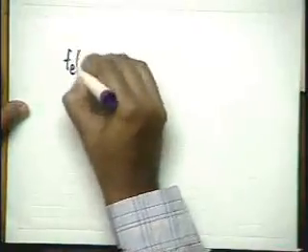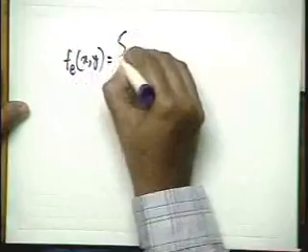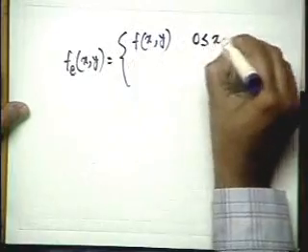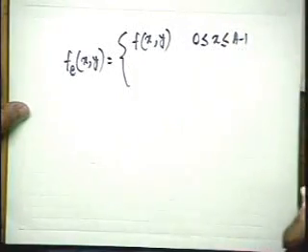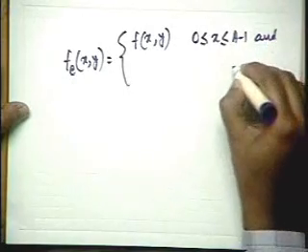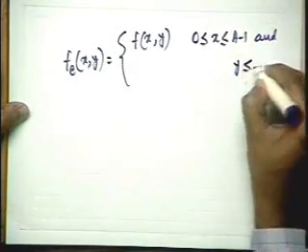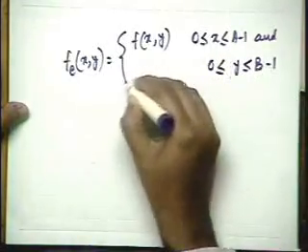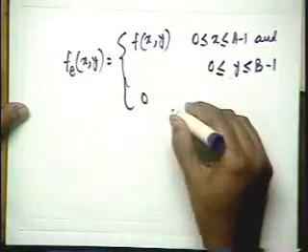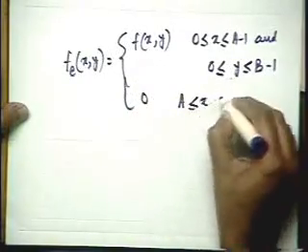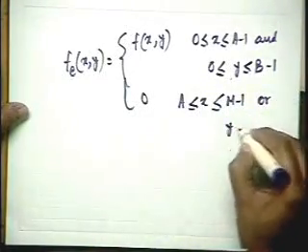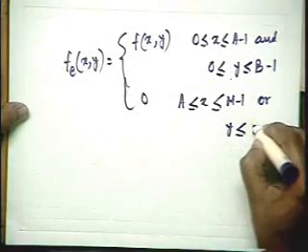So, the definitions of fe xy and he xy are: fe xy is equal to f of xy for x lying between 0 and a minus 1, and y lying between 0 and b minus 1, and this is equal to 0 when x lies between a and m minus 1, or when y lies between b and